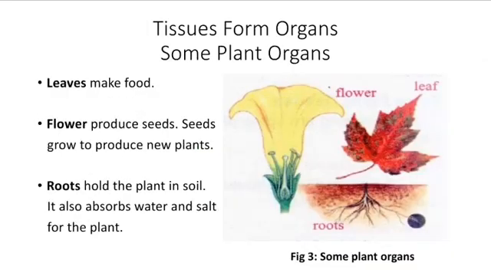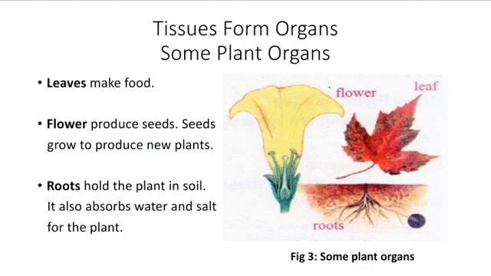Students, now we will talk about the organs in plants and animals. As you all know, different tissues group together to form organs. Our body is made up of a number of different organs such as heart, lungs, eyes, brain, etc. An organ is made up of different tissues which work together. An organ performs one or more functions.